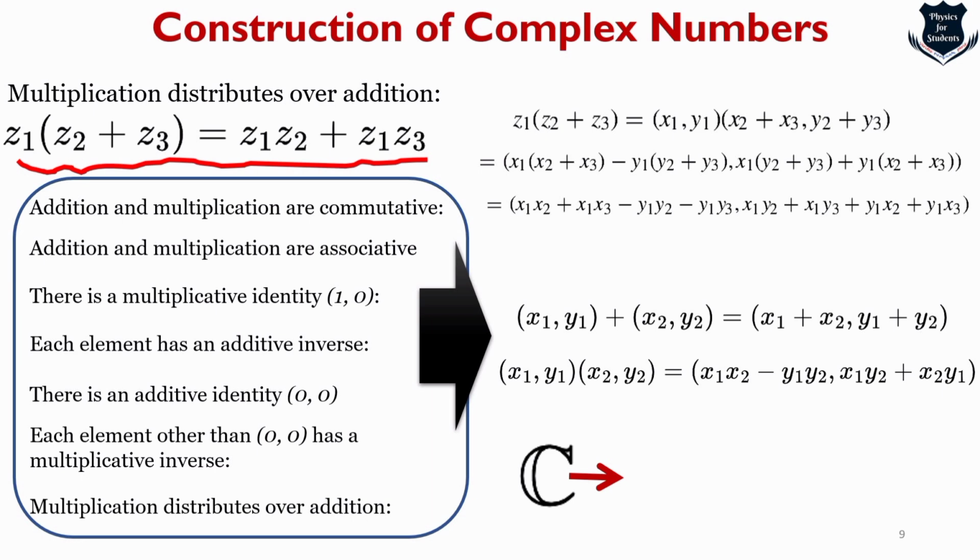Now we need to keep one thing in mind, that the symbol C is not always this C, it might be a capital C with a little bit of bold emphasis. It is basically the field of complex numbers. That is all we need to understand, and this will be repetitive in nature.